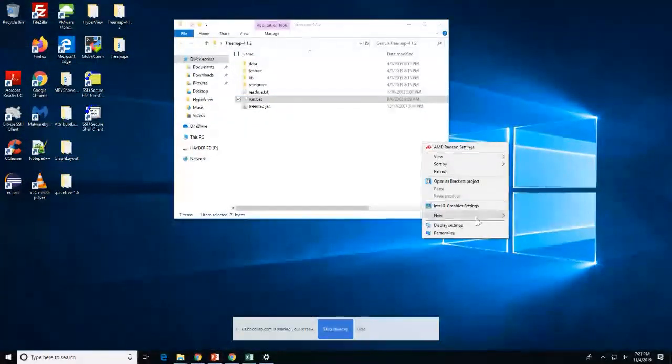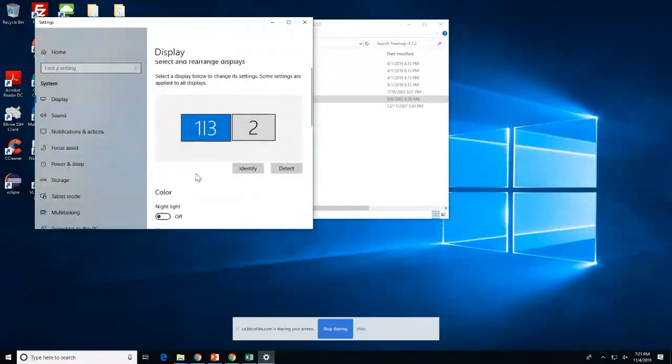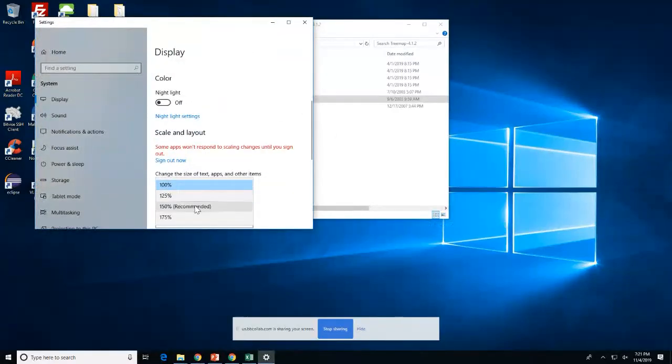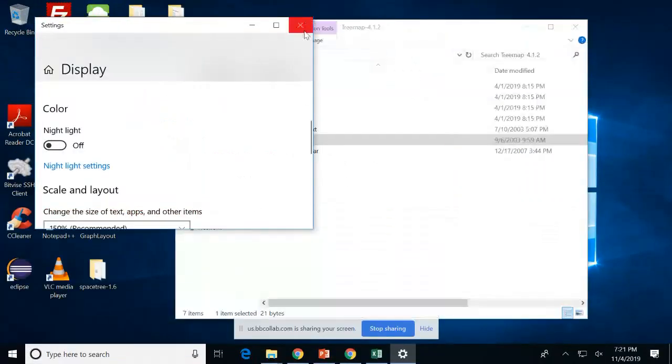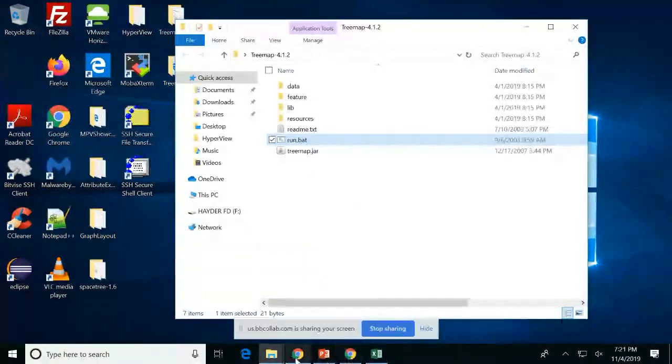Okay, I will try and reset the display settings. Put them back to 150. And make sure I'm still